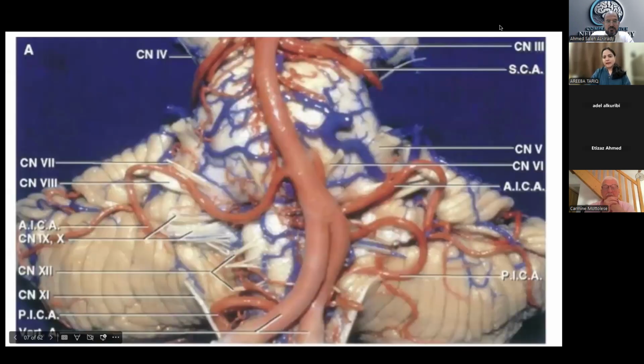Simplified view, and as we can see, these two vertebral arteries joined together form the basilar artery. What surface is this? We are viewing the ventral surface of the brainstem, and this is our anterior-posterior view. This is the petrosal surface of the cerebellum. We can see our AICAs running through bilaterally, the PICAs and superior cerebellar artery laterally.